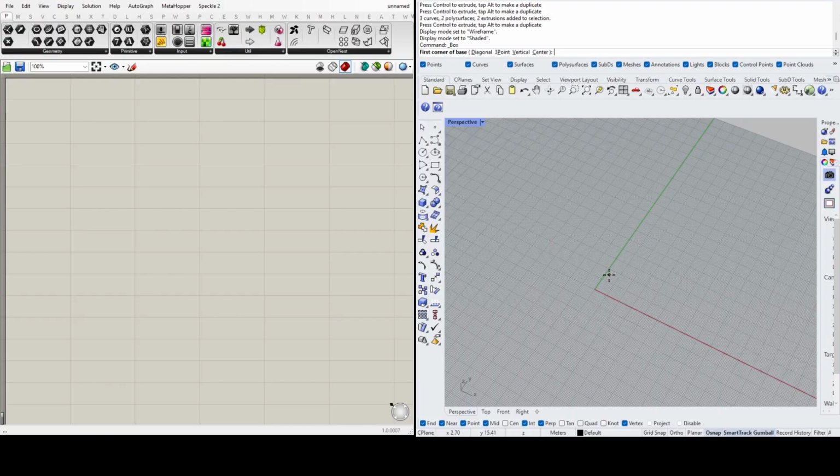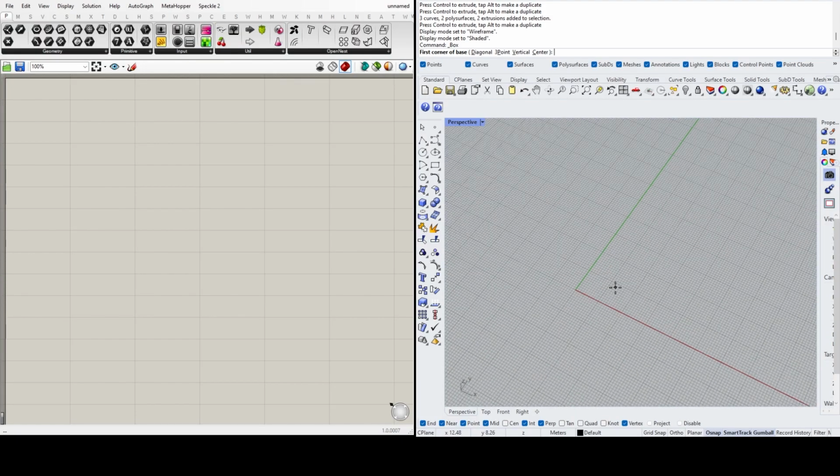This is the third tutorial in the Kangaroo series. Today we will look at mesh relaxation, and we'll look at a few examples of what that's doing. So let's get started. What we will do, first things first, is make some basic